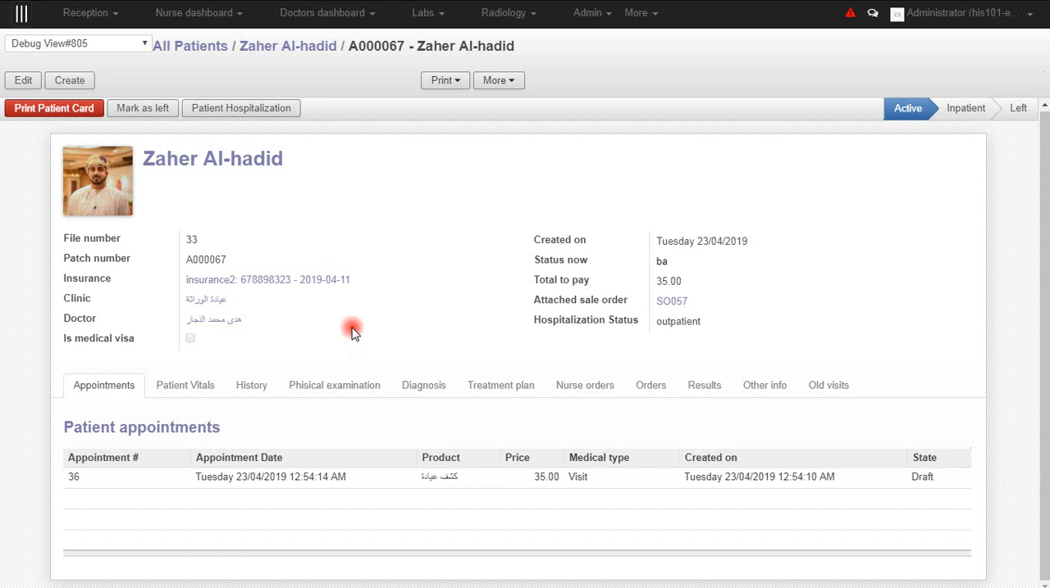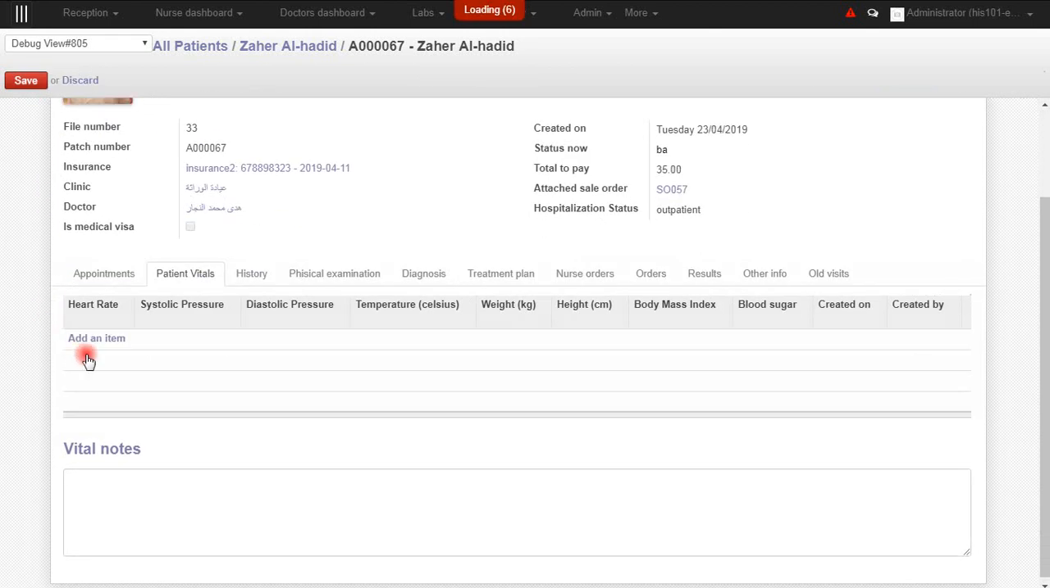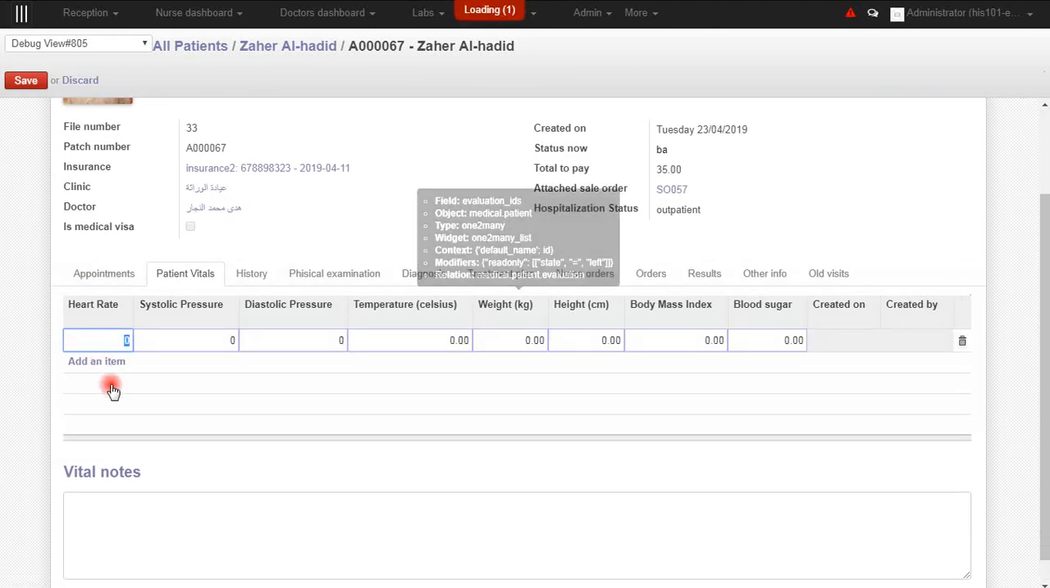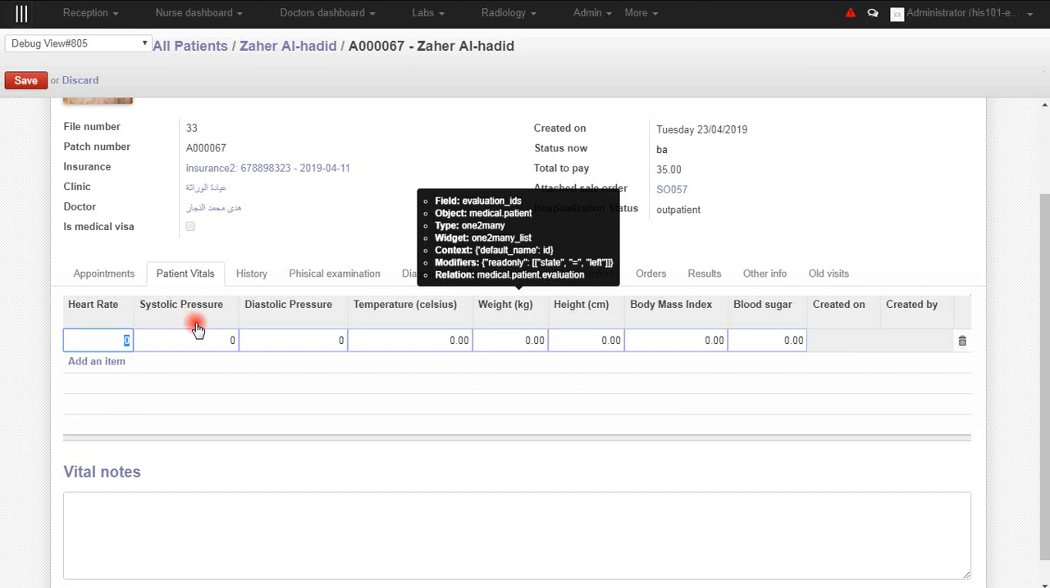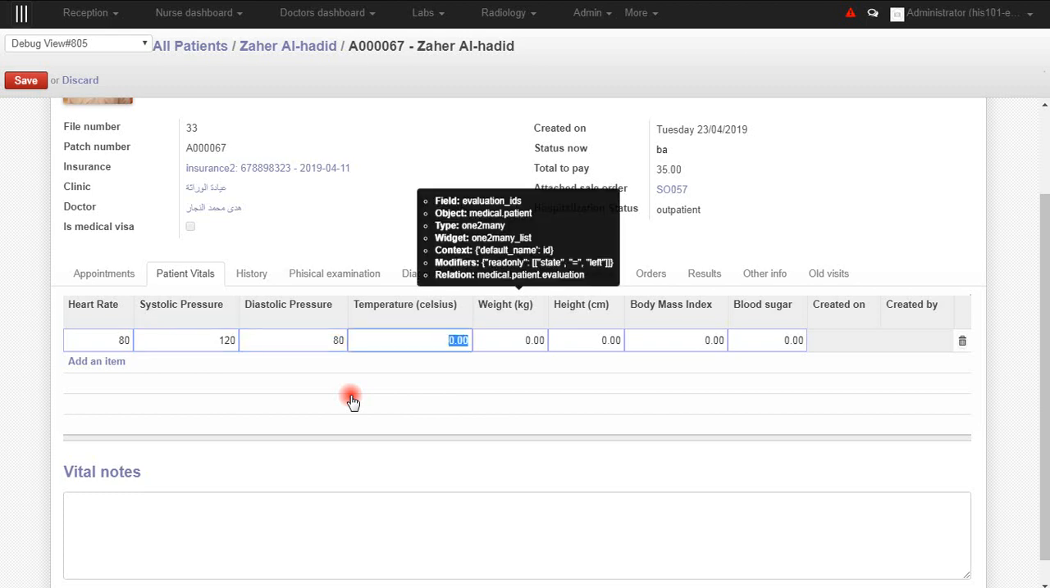I will also demonstrate the other information that can be added to the visit. Here are the vital signs. We edit. Here the physician or the nurse measures the vital signs of this patient in this visit. This is the heart rate, for example, this number, and this is the blood pressure, and this is other pressure, and this is temperature,